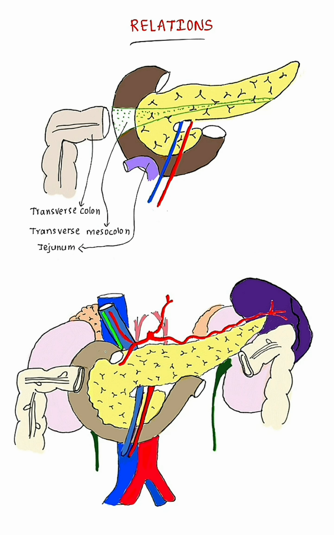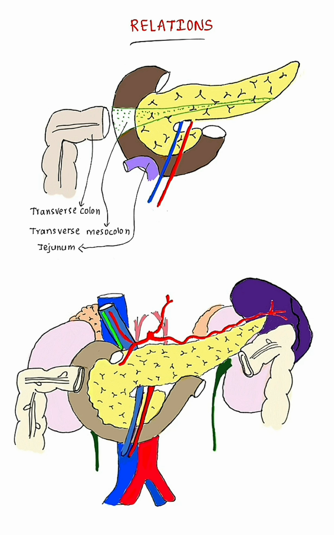Superior border: first part of duodenum, superior pancreaticoduodenal artery. Right lateral border: second part of duodenum, anterior and posterior pancreaticoduodenal arterial arcades. Inferior border: third part of duodenum and inferior pancreaticoduodenal artery.